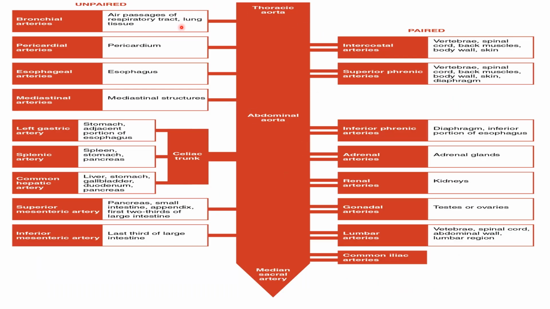So with this we have come to the conclusion. We can see here the thoracic aorta and the abdominal aorta, right? From the thoracic aorta we have branches like the posterior intercostal arteries, which are paired, and superior phrenic arteries. Then we have the bronchial arteries, the pericardial arteries supplying the pericardium, esophageal arteries supplying the esophagus, and mediastinal arteries supplying the mediastinal structures. So this is about the thoracic part of the aorta. In the abdomen we'll discuss the abdominal aorta.